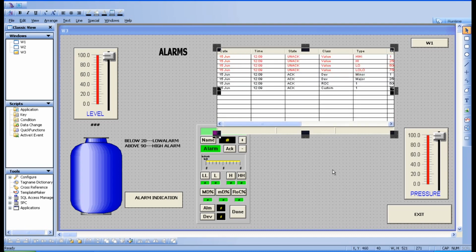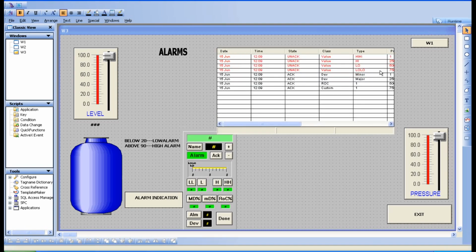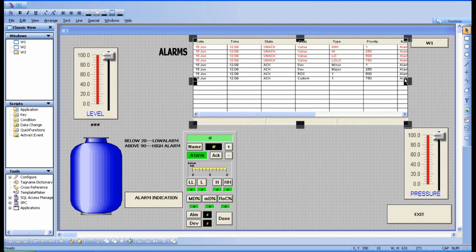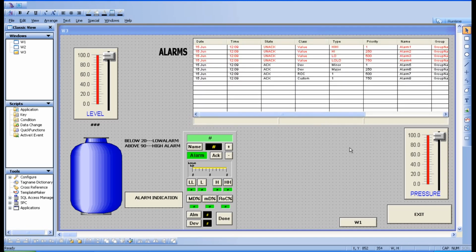Just expand it, my window is so small. Fine, go for runtime.